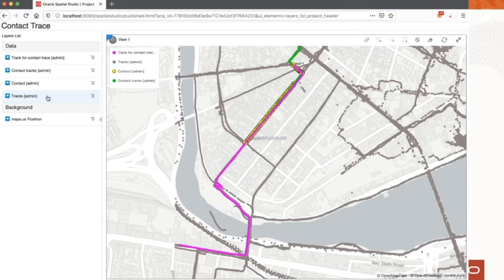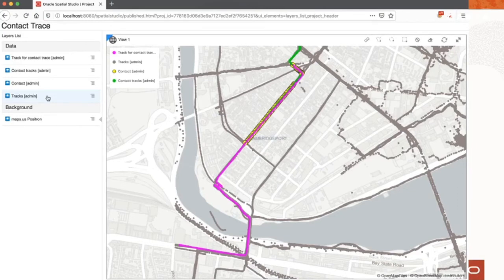And so the natural question is, what is the chain of contact between the user in magenta, and then who is in contact with that user, and who is in contact with that user, again and again and again? So the next obvious question is, what does the chain of contact look like? We know that the user in green met the contact tracing thresholds, but we now have a whole track for that user with space and time information, so we could find out what other users came in contact with that